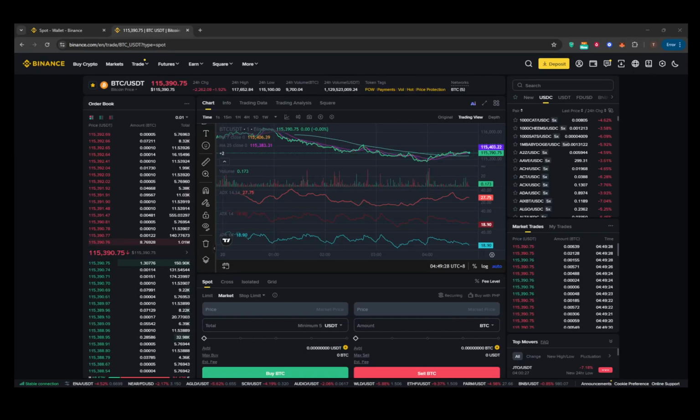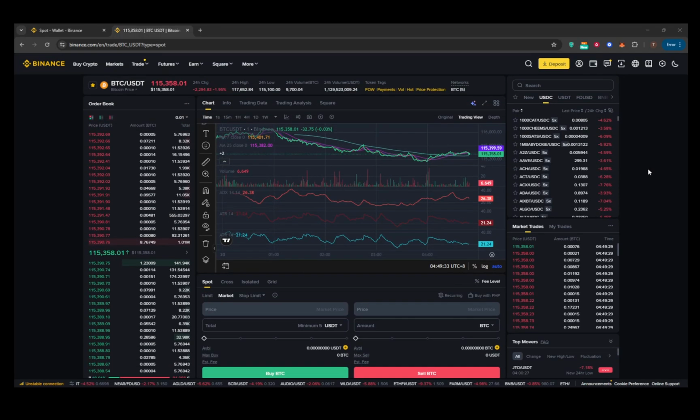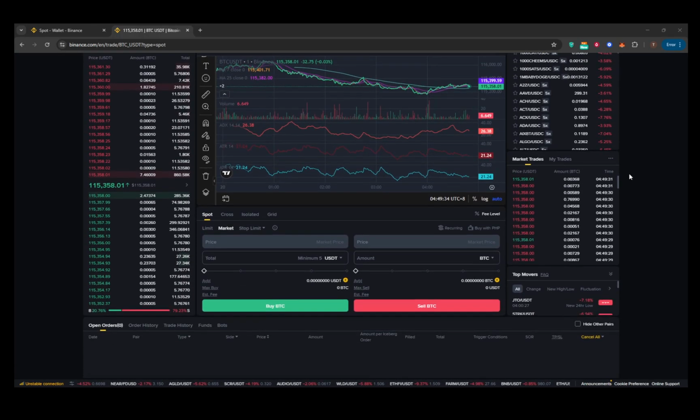In today's video, I'm going to teach you how to set an OCO, or one cancels the other order, on Binance. If you're trading on Binance, utilizing an OCO order can be an invaluable tool. It essentially allows you to place two orders simultaneously, a limit order and a stop limit order. When one of these orders is fully or partially executed, the other gets automatically canceled, helping you manage risk or